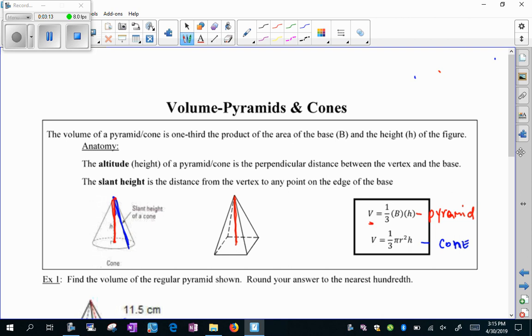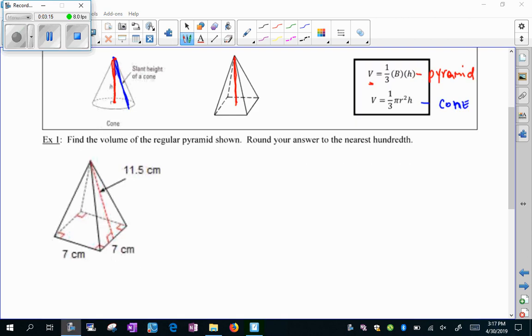All right, so let's look at example number 1. Example 1 says find the volume of the regular pyramid shown. Round your answer to the nearest 100th. I'm going to write down my formula because I know that is a square pyramid. Volume equals 1/3 big B, the area of the square, times the height. Well, big B is going to equal 7 centimeters